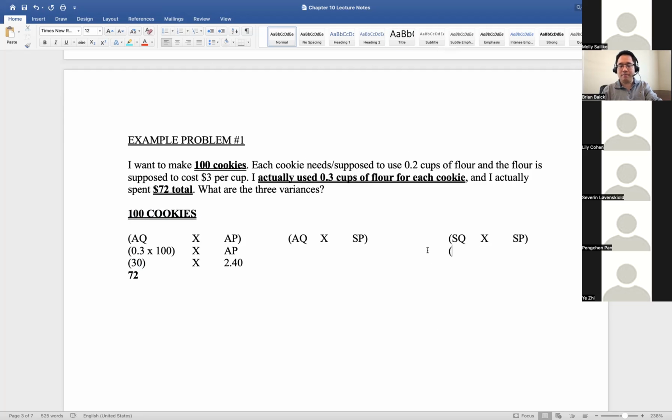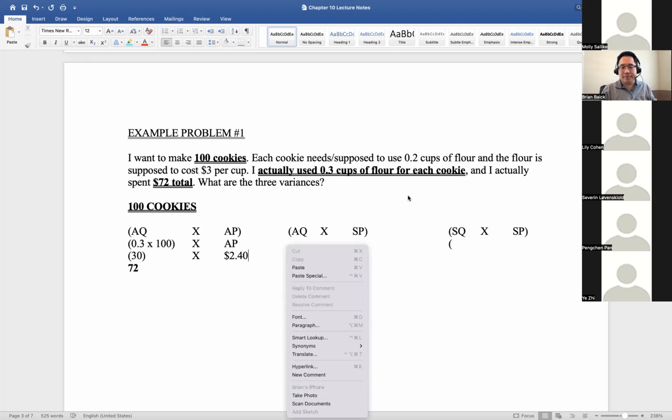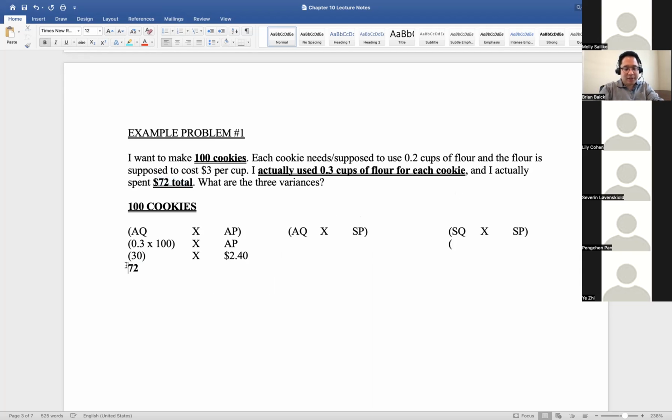Molly, you have a question? Yes, Professor, what does 2.4 mean? $2.40. So where did the numbers come from? It says I actually spent $72 total, right? So to make 100 cookies, I spent $72 here. And the actual quantity I figured out is 30, right? The reason I know it's 30 is because I actually made 100 cookies, and each cookie needs